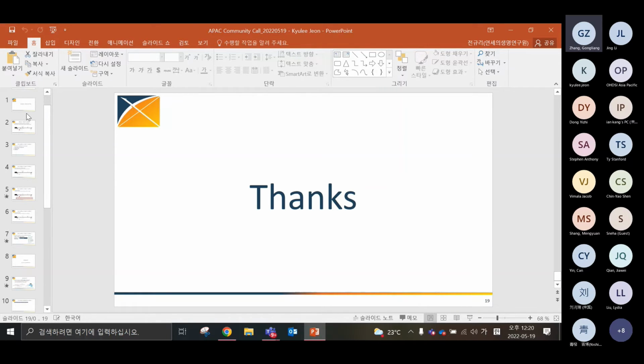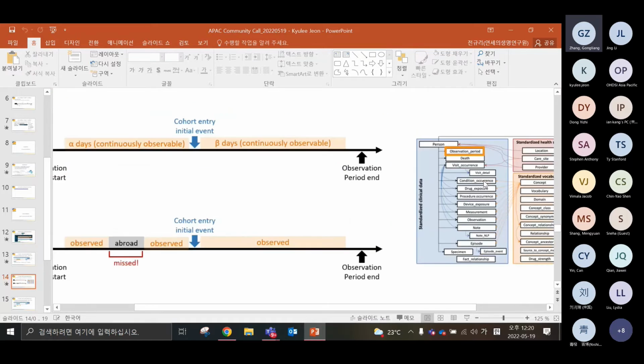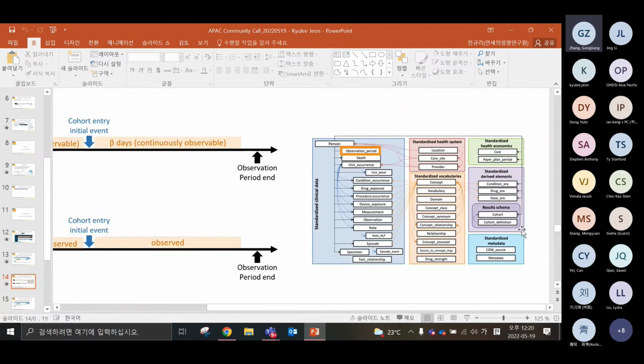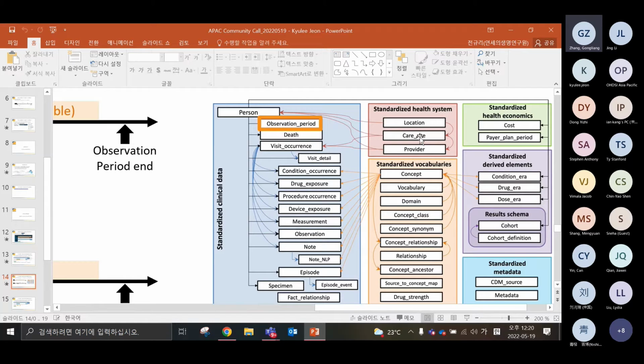For example, I work for this hand center, and we try to find the patients who visit this hand surgery center. Because there's no location concept ID for filtering these patients, is there any way to get the patient cohort based on the care site ID or just a location ID?